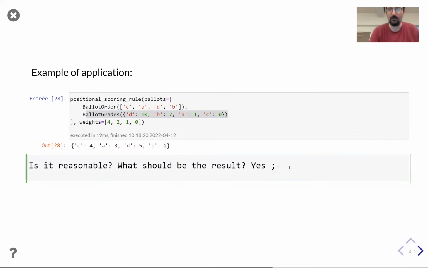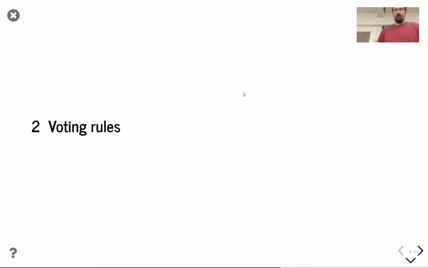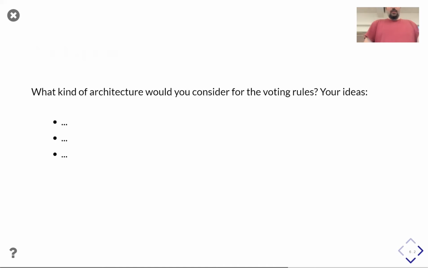I'm sorry, I accelerate a bit. Now we have a few minutes to talk about voting rules, but it's okay because the main part of my talk was about the ballots themselves. About the voting rules, just a quick mental picture. Your voting rules take ballots as input, and they output something.